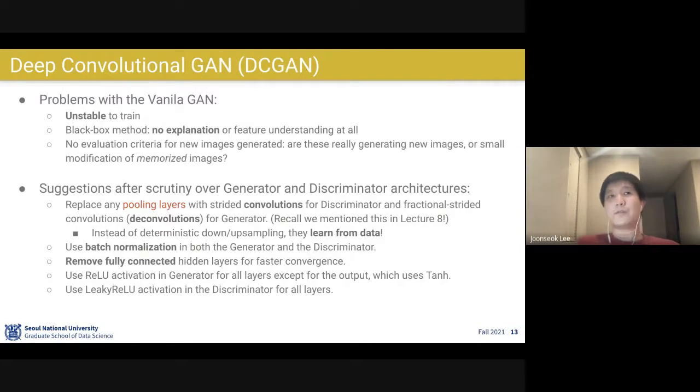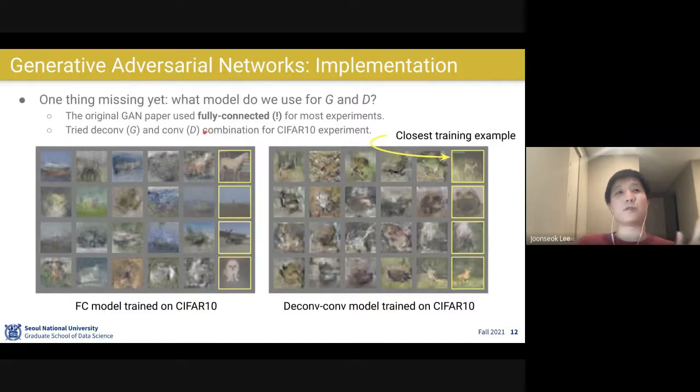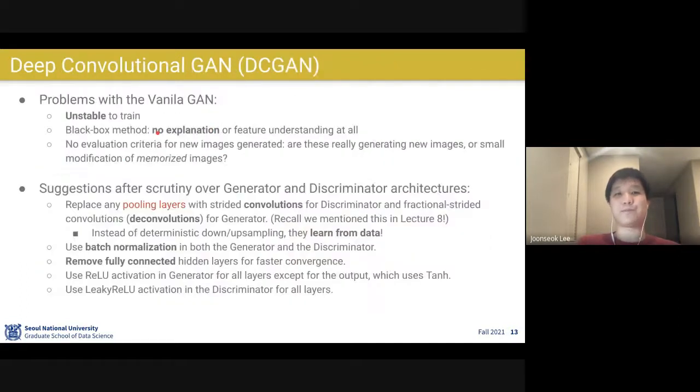So after this paper, a lot of people tried to improve the quality of those images. And the first one was this one, deep convolutional GAN. So that's quite obvious, right? Why don't we just use the convolution instead of the fully connected? So they applied convolutions, and